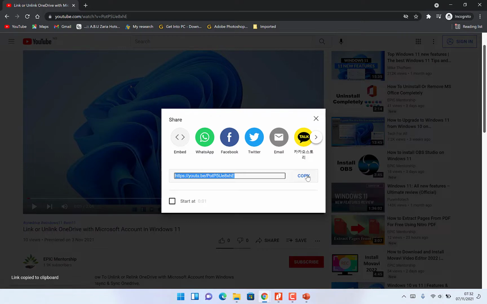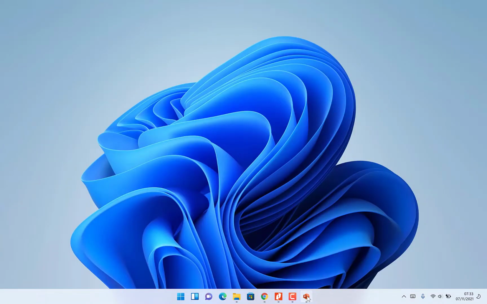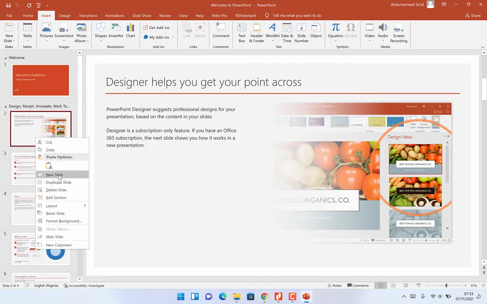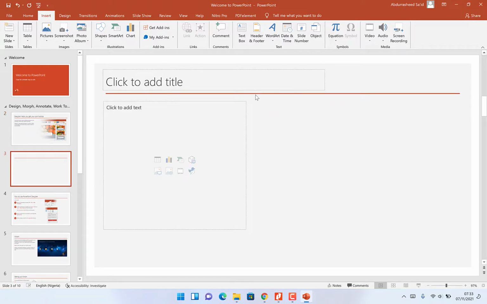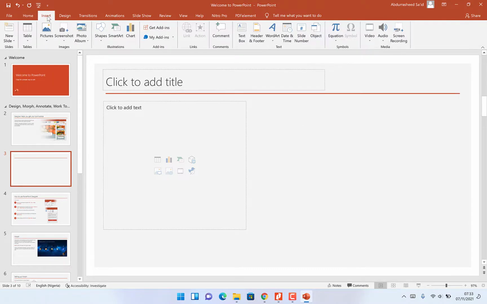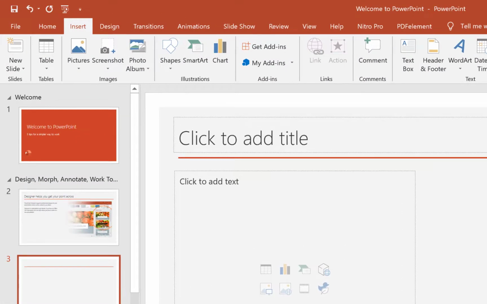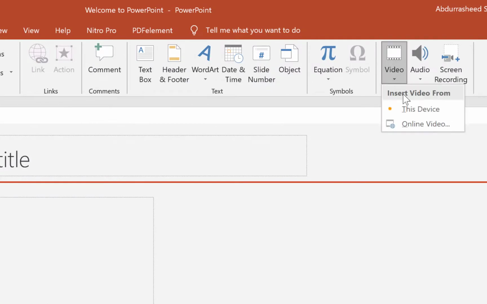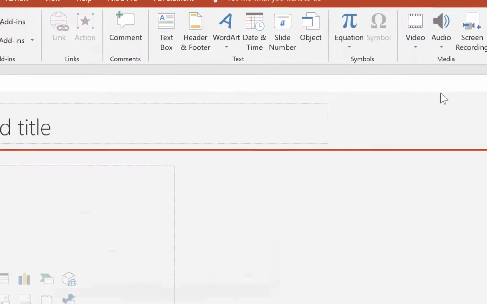You can copy this link and you navigate to the PowerPoint presentation where you want to add your video. So for example, let's say from this point we're creating a new slide. Okay, so from here, let's say we want to add that video over here. So all you need to do is to navigate to the insert menu over here, and you can come to video over here, and you come to this small arrow, you come to online video, click on it,